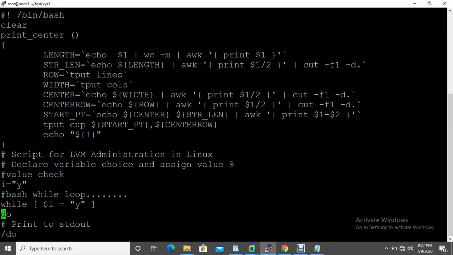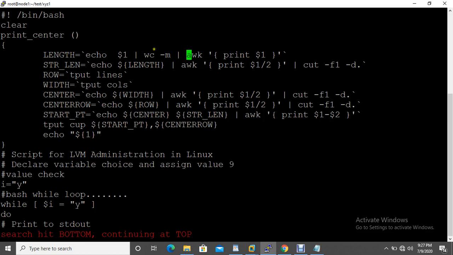Now let me search for something else, like LVM, and then hit enter. Let me define that LVM command, that I think value is not there, so let me change the value awk.